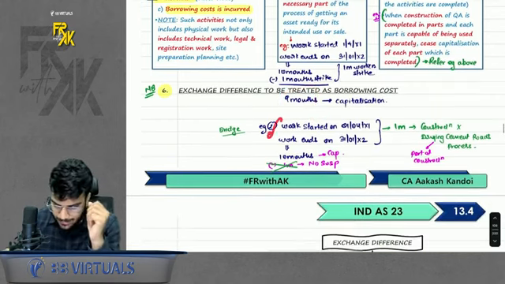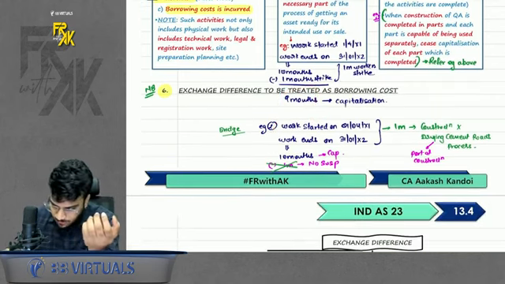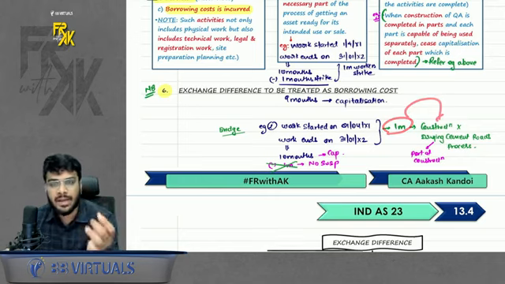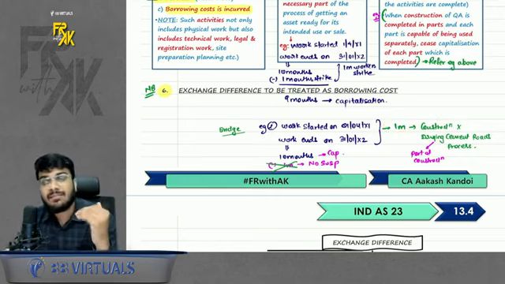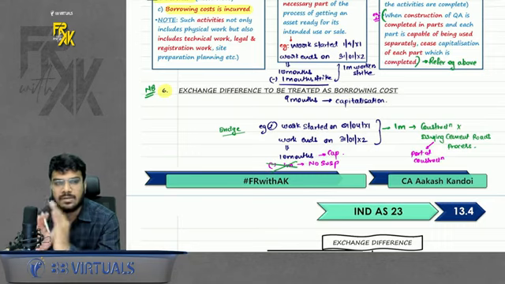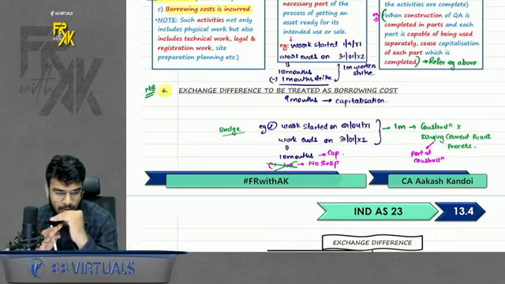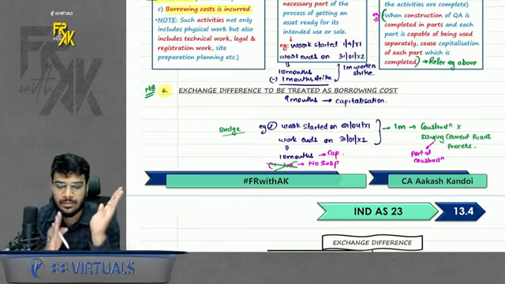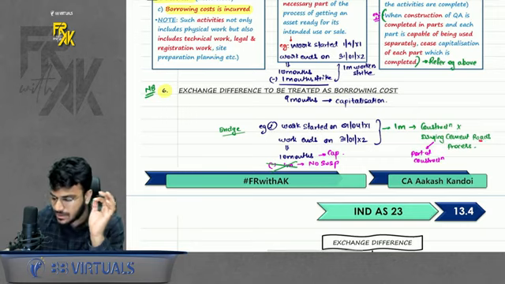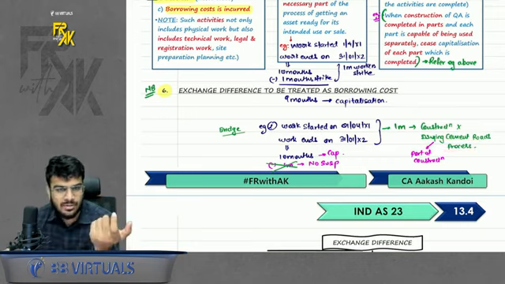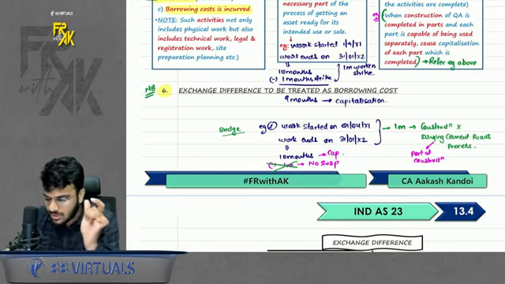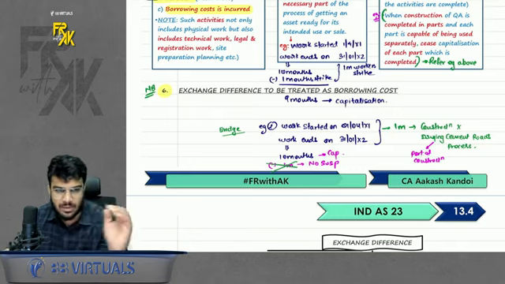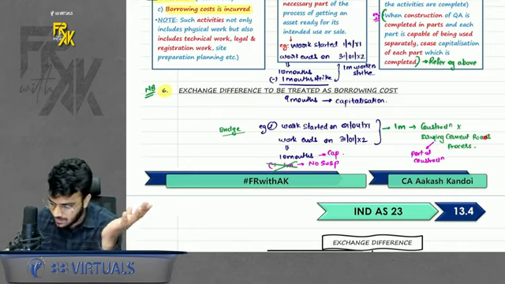Okay, then let's say a second example. Let's say you worked for 10 months. Okay, but during 1 month, the construction was halted. Why? Because let's say we were constructing a bridge. So it was required to dry the cemented road which we are building on the bridge. So for the drying process, we were halting the construction. Now, can I say this drying process is a part of your construction? So if the construction is halted and it is a part of your construction, then you will not suspend the capitalization because it is a normal thing.